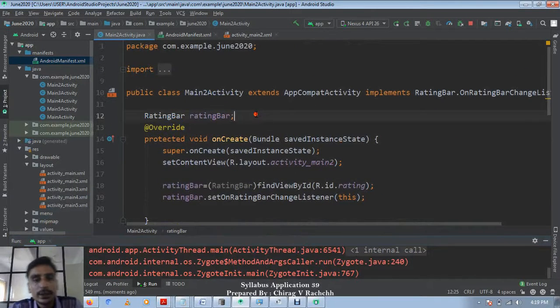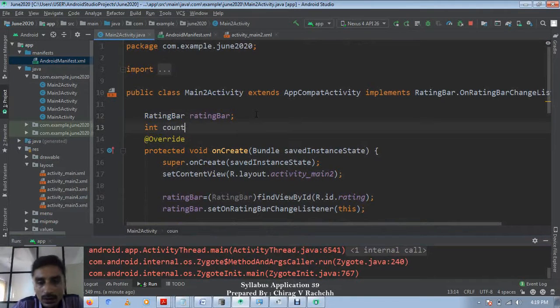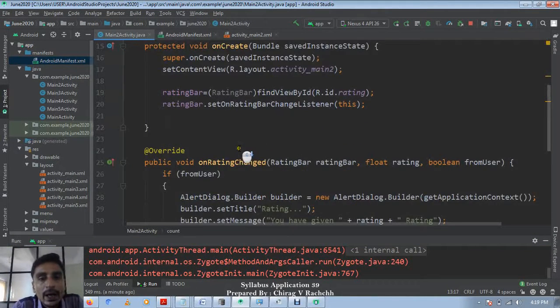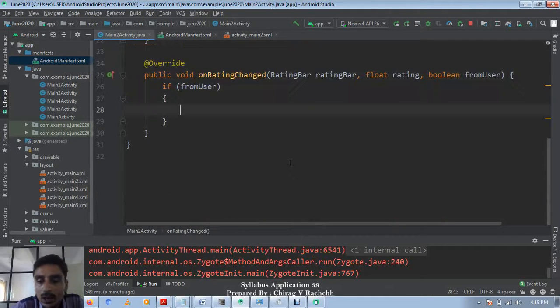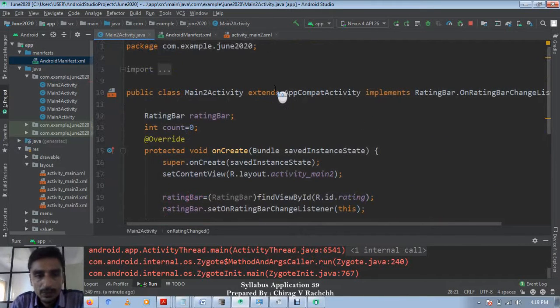Let's do one thing. Here I am taking one counter equal to 0, and instead of showing this dialog box, I will just increment count, count plus plus.